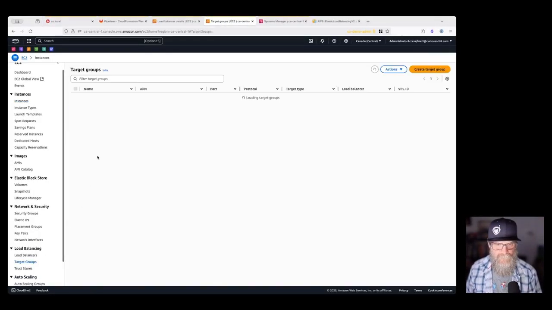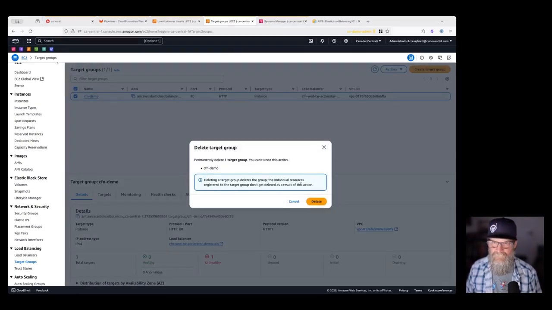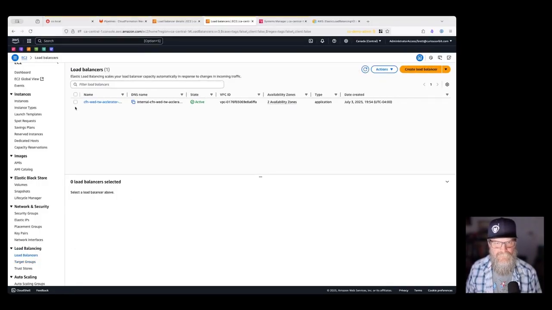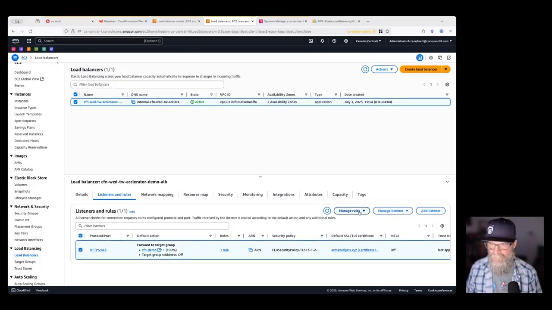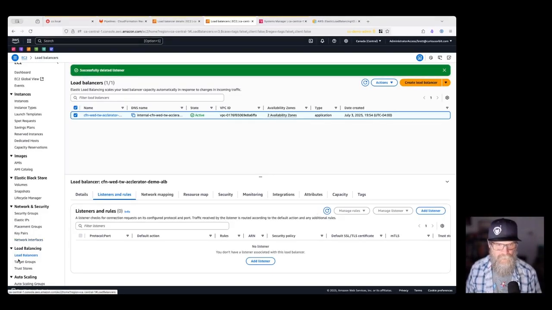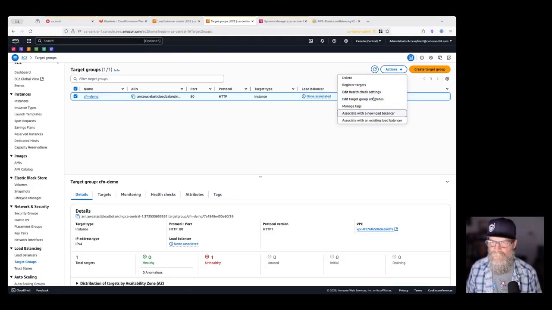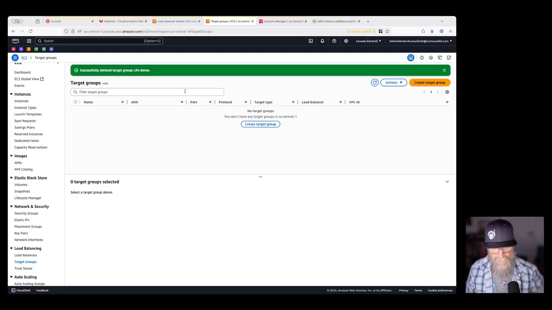So we're going to go to target groups, delete. That won't work because I have it associated to a listener. So we have to delete the listener first, I think. Can we delete this, or do we have to delete something else? Okay, there we go. Great. So now there's our target group. We should be able to delete that because it's not referenced anymore. Okay. And then